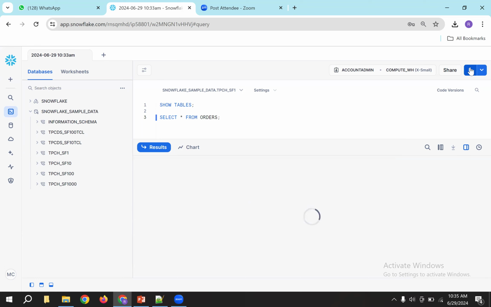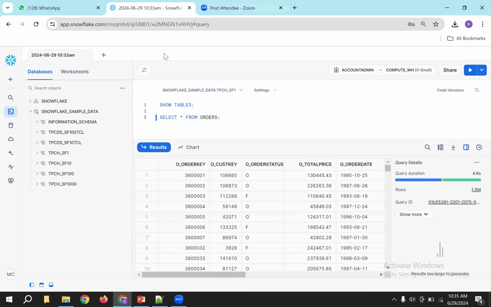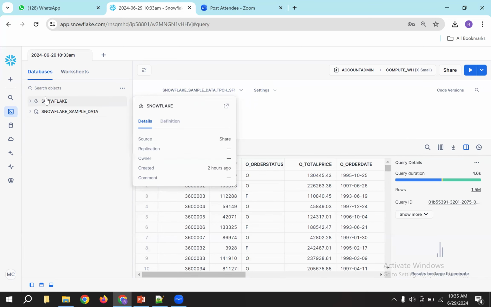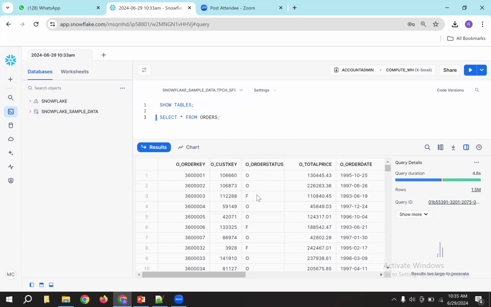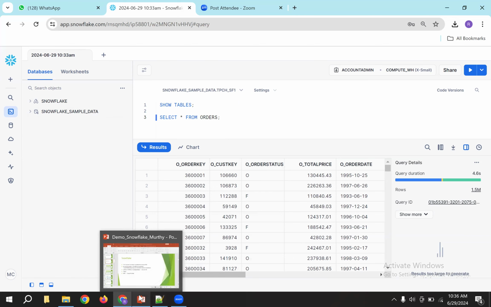In the next class, I will guide you how to create this account, and we are going to write queries here. So here we have all the databases, and you can see the results here, guys. This is the area which we are going to work with. All the queries you are going to write here, and you will get the results here. All okay. Now come back to the Snowflake topics.